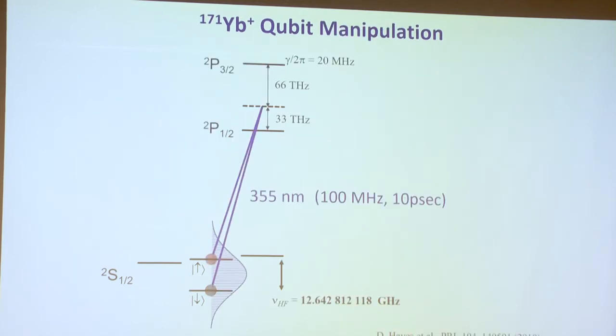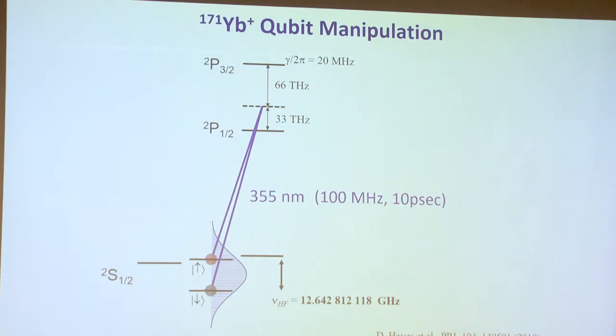What about the coherent manipulation of the qubit? What if we want to make a superposition of up plus down? Well, we could do it with microwaves at 12.6 gigahertz. Instead, we do it with lasers also. And the reason is eventually we need to entangle multiple qubits, and we need lasers to do this. I'll get to that in a minute. So we use a technique very common in optical physics, atomic physics, and solid-state optics. This is called a Raman transition. It's a two-photon transition. And importantly, each of these two laser beams is very far from any resonance.